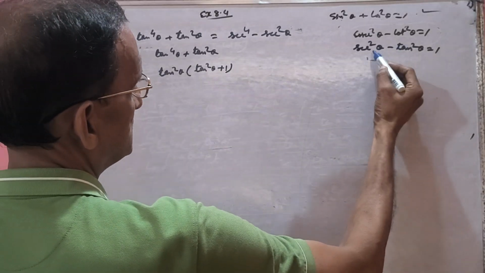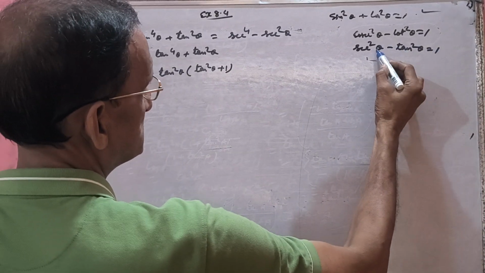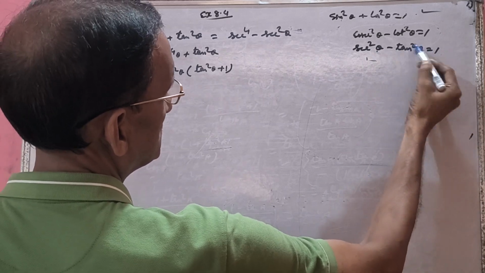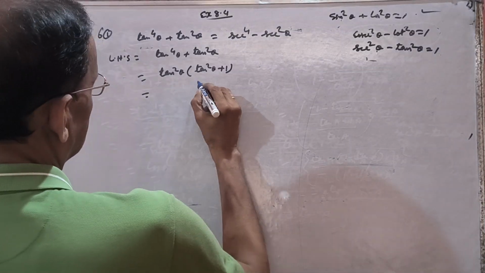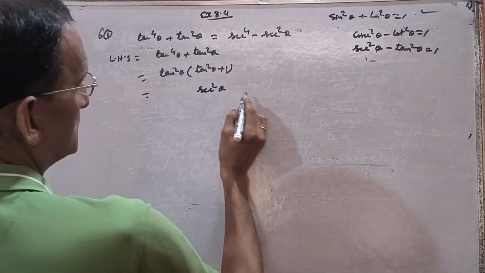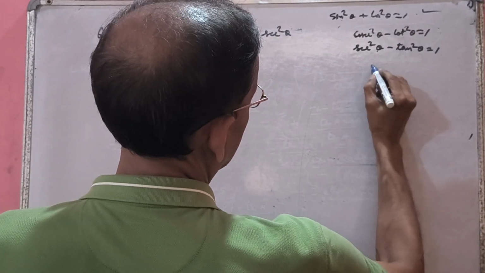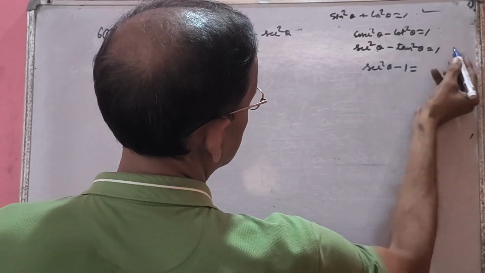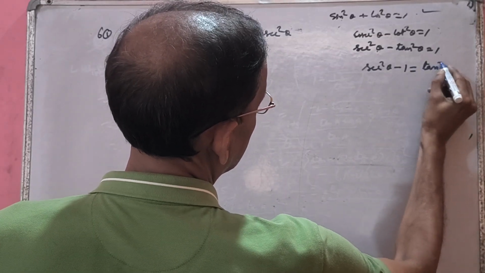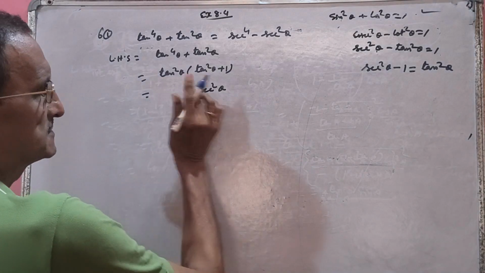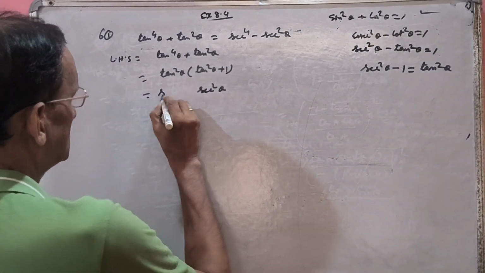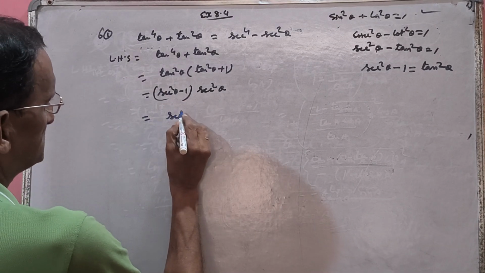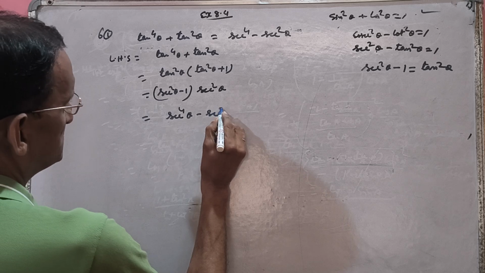Now see this. What is sec square theta equal to, what you will get from this identity? 1 plus tan square is sec square. So this is the sec square theta. And what is tan square equal to? From here, what you will get? Sec square theta, transpose 1 this side, minus 1. Tan will be this side. What you will get? Tan square theta. So for tan square theta, what we can write? Sec square theta minus 1. Remove the bracket, what you will get? Sec power 4 theta minus sec square theta.